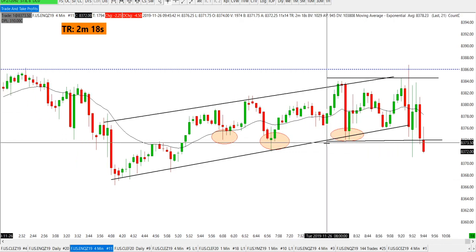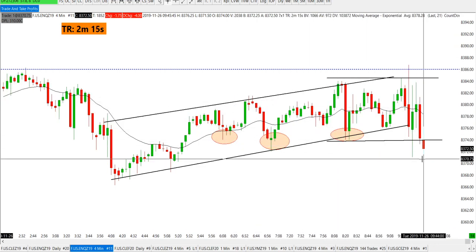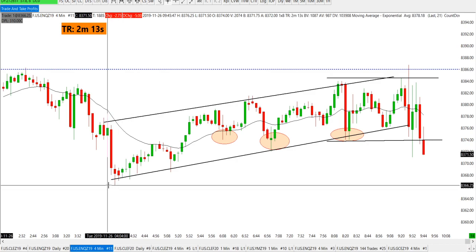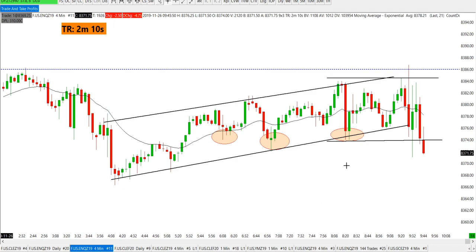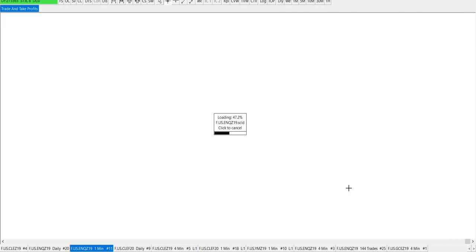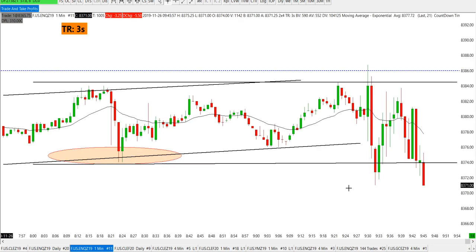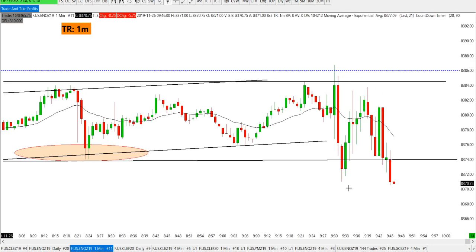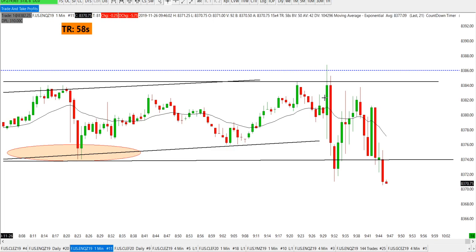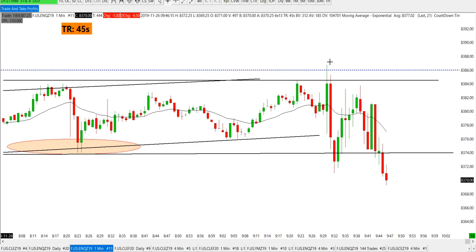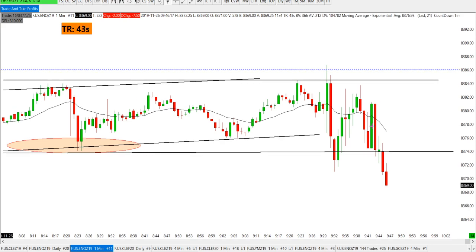So it looks like they're going to push it down. This channel might break out and continue to go down lower, back to the pre-market lows right here, and then we go from there. But overall, guys, sellers definitely look like they are in control. Kind of weak though, but they are in control right now. We have resistance, we have head and shoulders, we have rejections, so it's good.